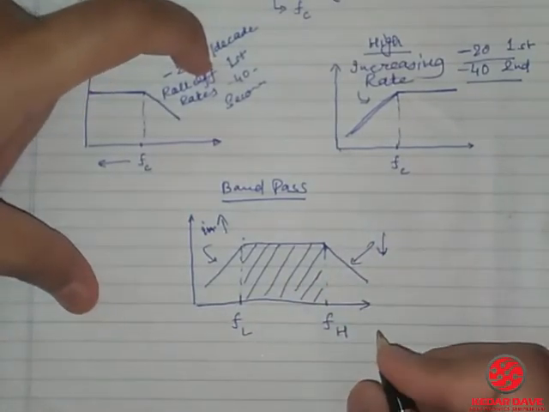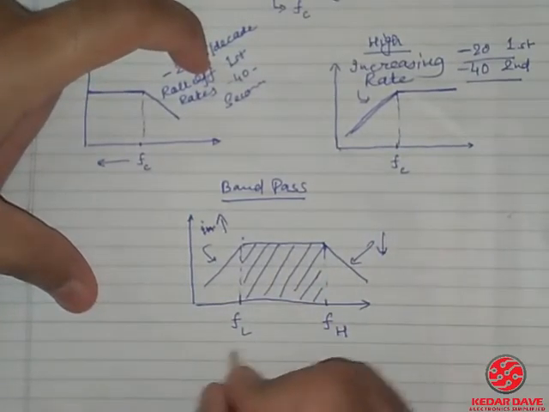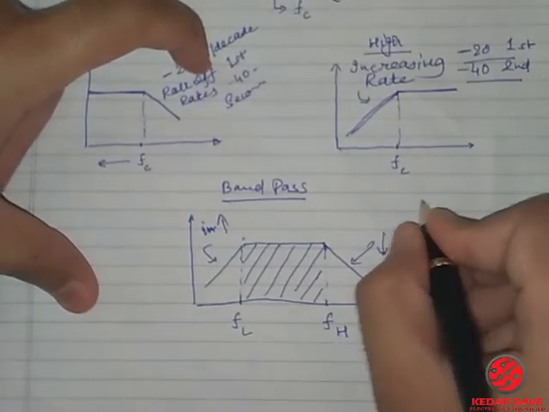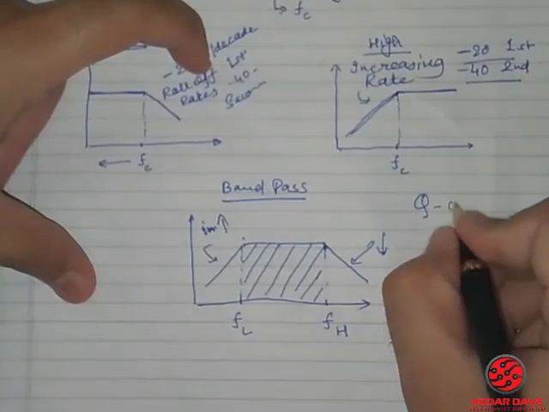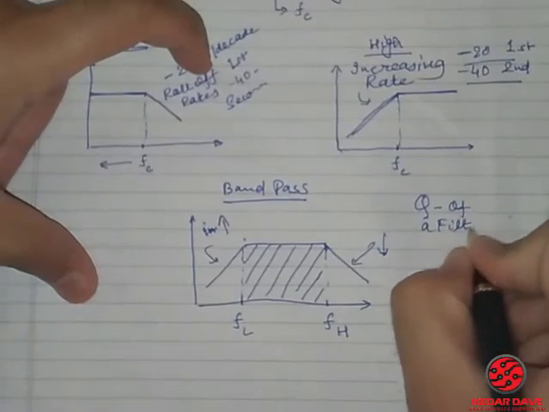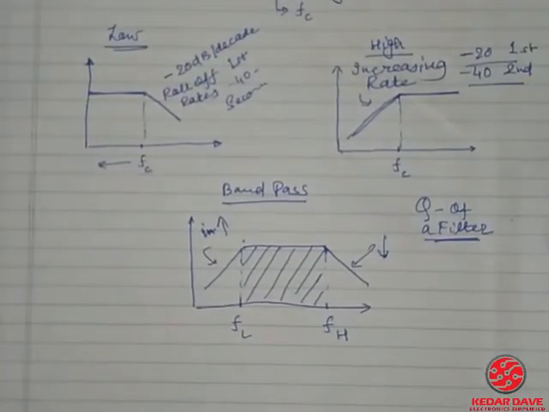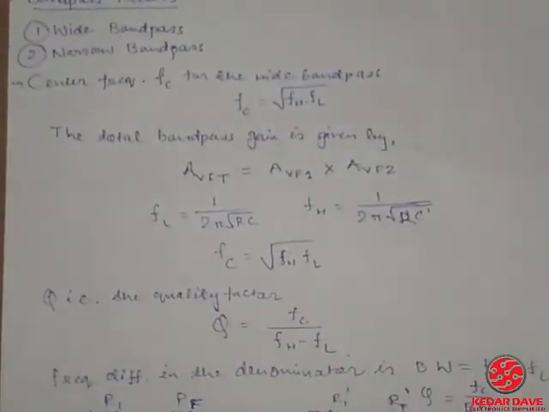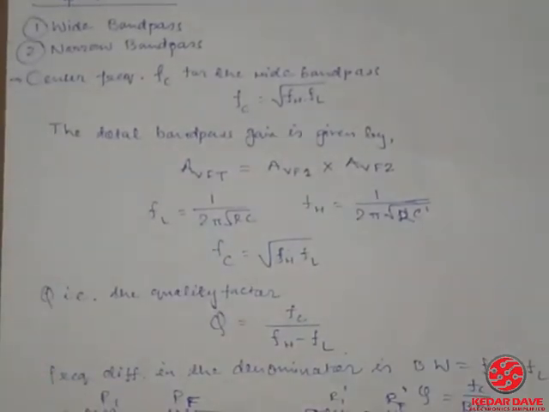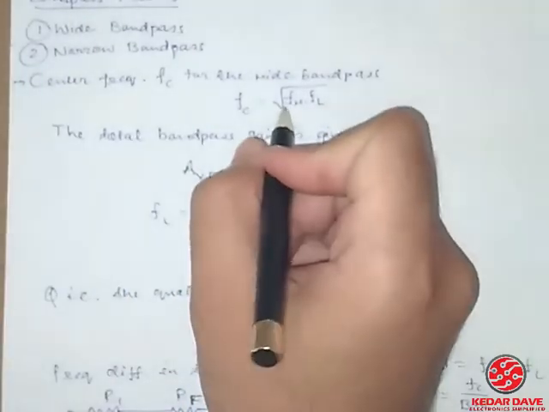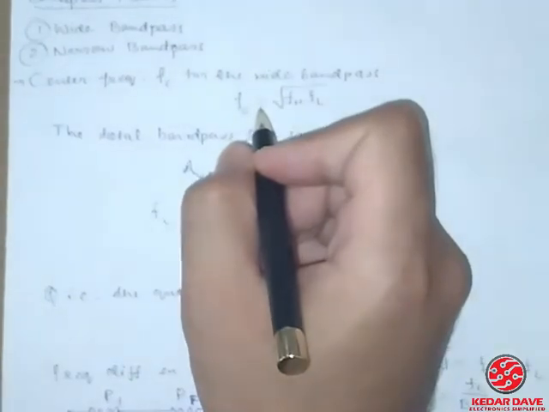Basically, in order to understand this, we need to define a parameter, and that is our Q, right? It is called the Q of a filter. So let's understand what exactly we mean by this Q of a filter. Here we can check there is only a band pass filter attached over here, a wide band pass and a narrow band pass, right? So we know that there will be two different frequencies: first is our lower frequency and second is our higher frequency, right?